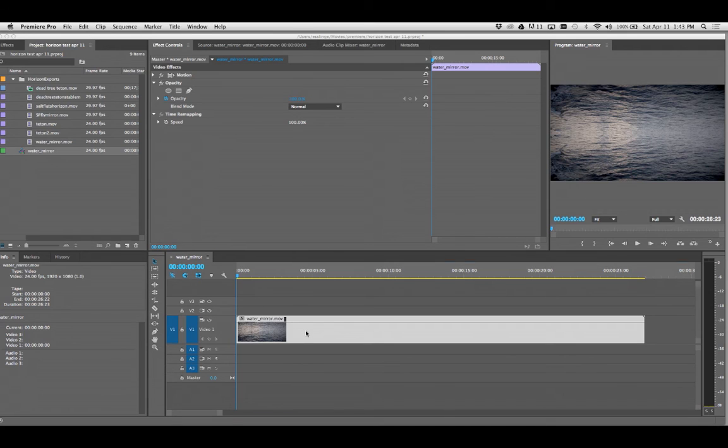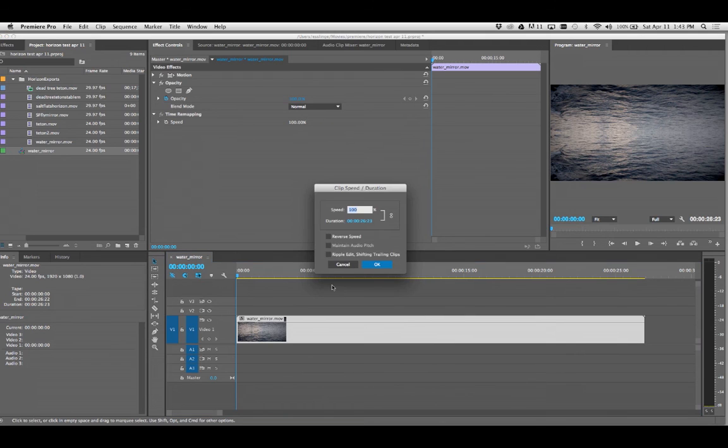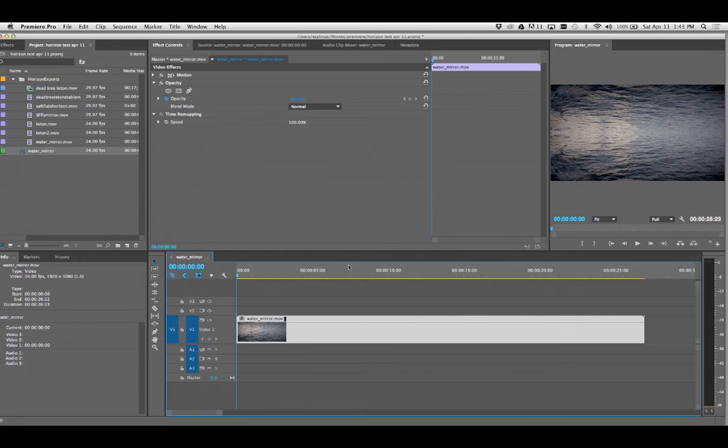And if you control click or command click, let's control click on the clip, you can go to speed duration, and you can get a dialog box that allows you to change the speed of the whole clip. I'm not talking about that today, although that's a perfect option. I will cancel that. Instead of control clicking on the